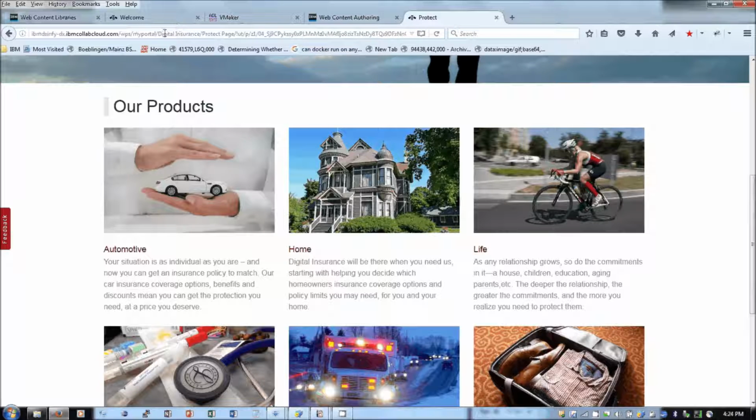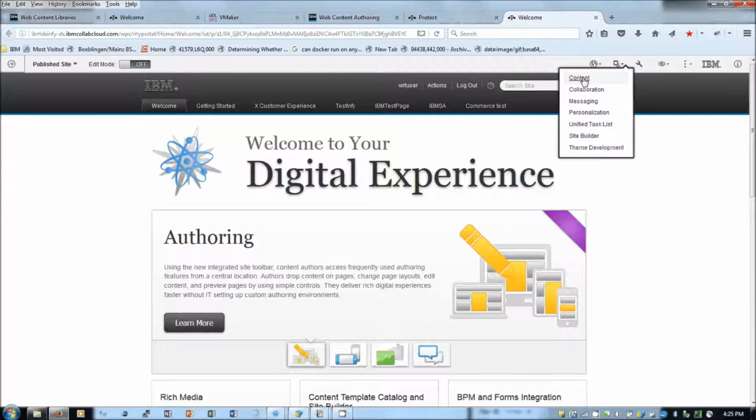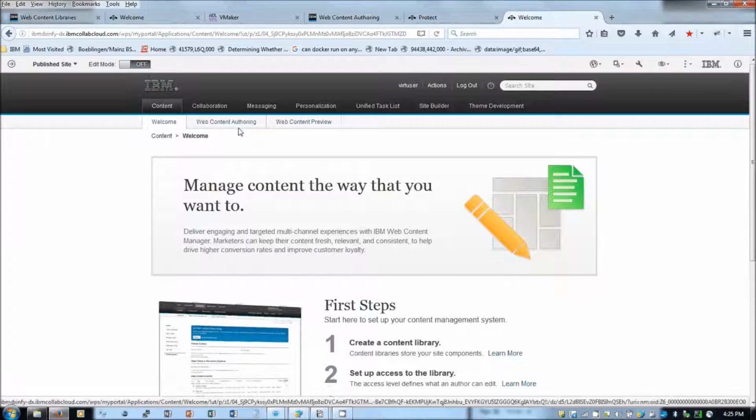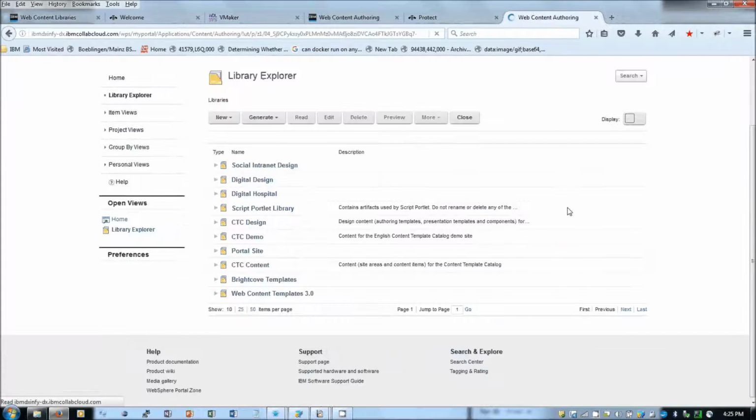Now let's see how the content is stored in WCM for this digital insurance website. So I am going to the authoring portlet. I am opening the Library Explorer.